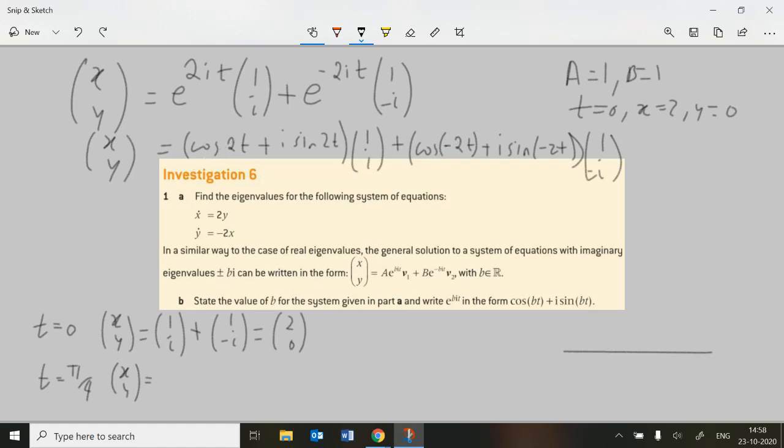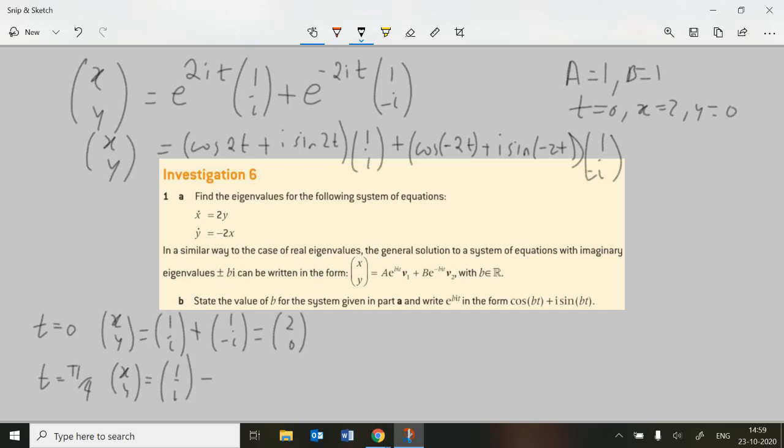And a little sketch of the sine graph here. So the sine graph is going to go like this. And when we put pi over 4 in here, that becomes 90 degrees, essentially pi over 2. And sine of pi over 2 is 1, so that's going to give us 1. And this one is going to give us minus 1, because this is an odd function. Okay, so we'll get minus 1 out of that, and of course this will disappear again. Okay, right, so this is going to give us